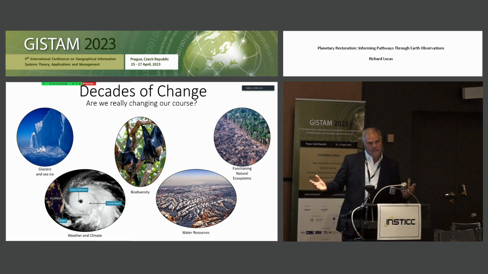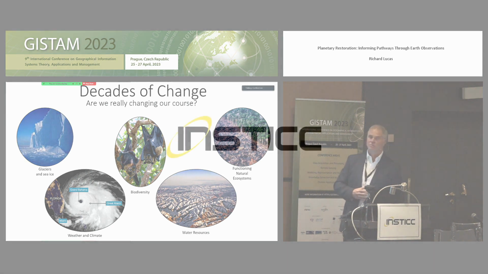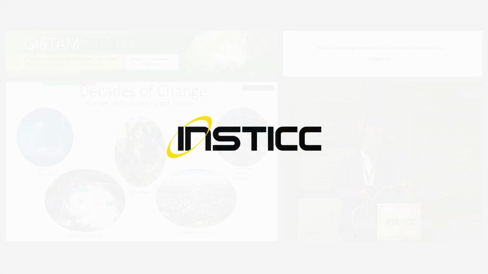So as a result of a lot of these, we're seeing now, there's lots of things that are happening, like we're losing glaciers and sea ice, and we're losing biodiversity. Our functioning natural ecosystems are no longer functioning. Weather and climate is all over the place at the minute, and we're losing water resources. And so we've almost connecting that record from